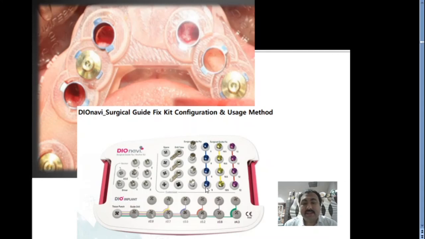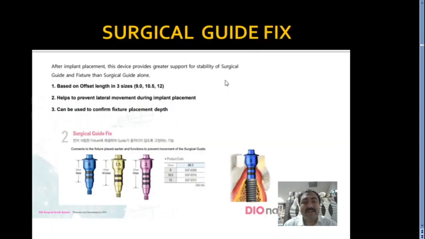Can you all see this? These 3 lines are there. There are certain blue surgical guide fix pins, yellow and purple. What these colors denote, I'll come to that later. But please see that this guide has been stabilized on 3 implants. Implant this, implant over here, and implant over here. With these, you have stabilized the guide not onto the mucosa, but onto the implants that you had placed with the surgery 1 or surgical guide 1. And now you can easily carry out the remnant implant surgery. And in both cases, you get the best stability of the guides.